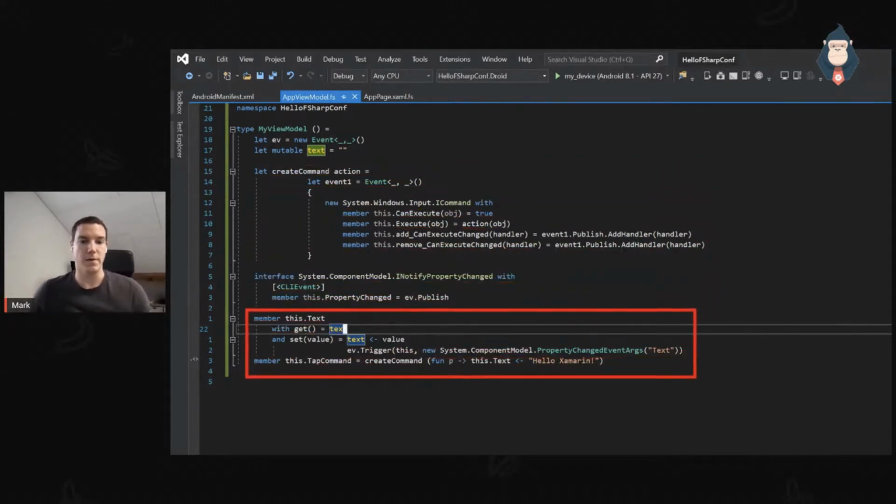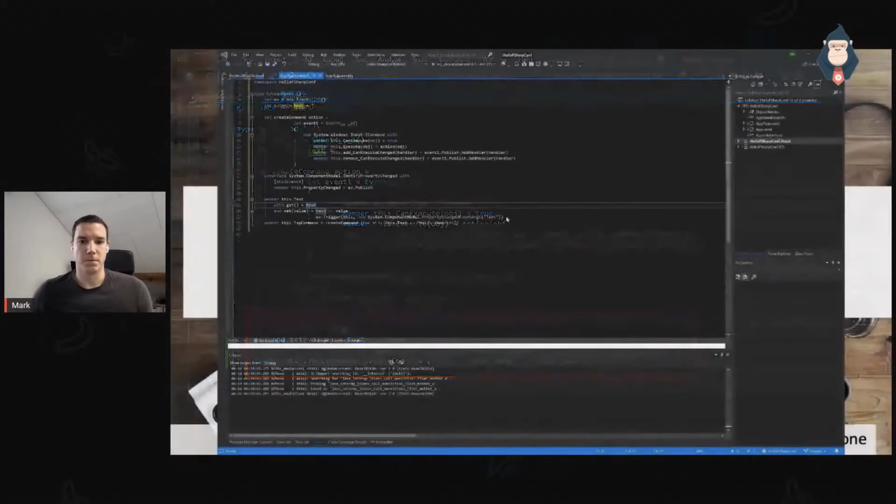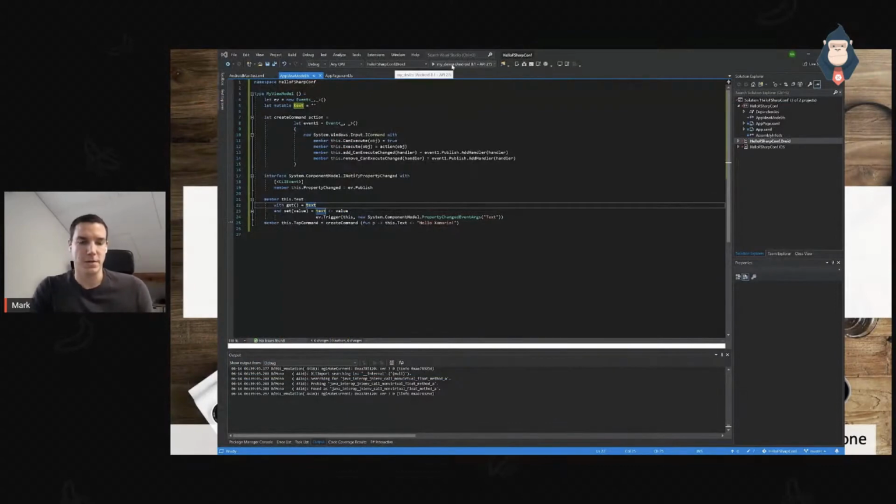Down here, we can see our members, how we would do them. And this is how a text that changes. So what we see is we got some button, we got some text that changes once we seem to press on it. Okay. So let's see how this thing actually runs.